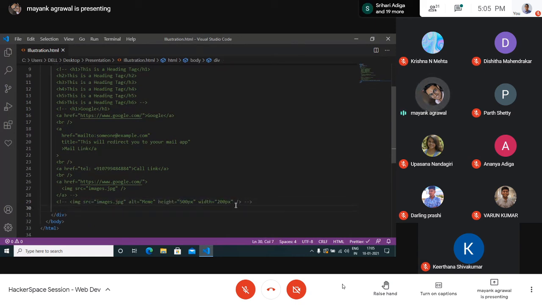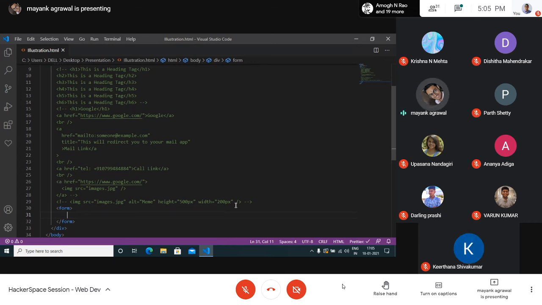Next is the form tag. Say that you are building a form. What things are there in a form? A general purpose form has a text area to write. Say you're registering to some social media site. You can see a text field where you can enter your name, maybe your date of birth, password, then gender.